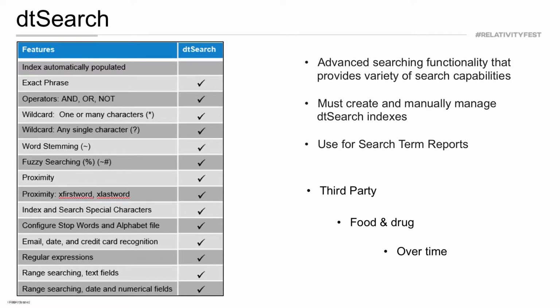Wildcards that we talked about, word stemming. Tell us about some of the other ones below that. Well, I think a couple of them to point out. We talked about the stemming, so the fuzzy searching. When we mentioned that there were other wildcards, the % sign is a good one to use for fuzzy searching if you're looking for variations on spelling. One of the examples that we use a lot in our documentation is the word apply. So if you have APP